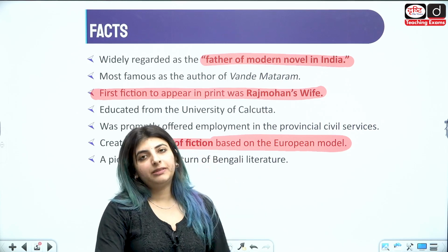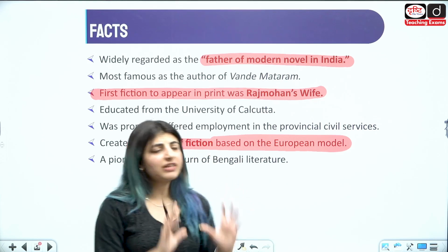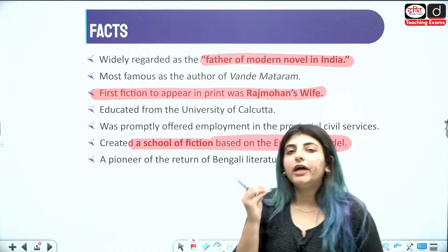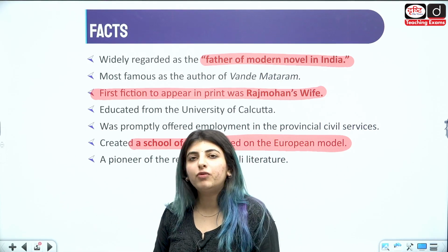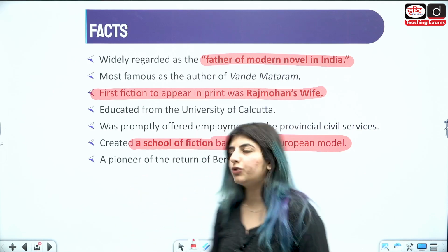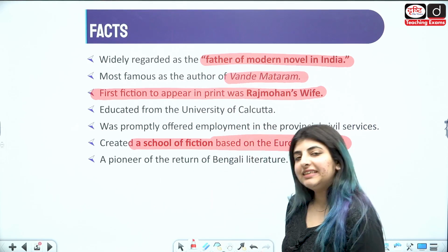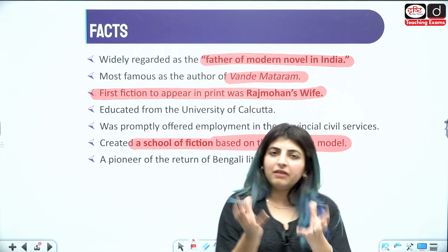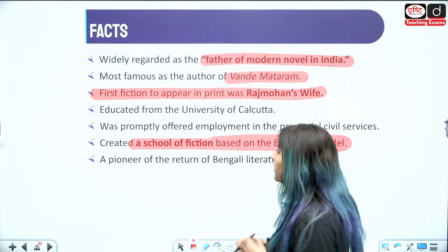But this work was specifically in the English language, and this was one such novel which is considered to be the first English novel written by an Indian. We will be gradually moving forward to those many facts as well, when we also do summaries of some of the works, right? He is the author of Vande Mataram, which is considered the national song of India. So we will also see in which particular work he coined and composed this Vande Mataram song.